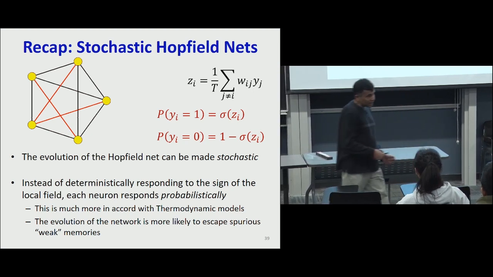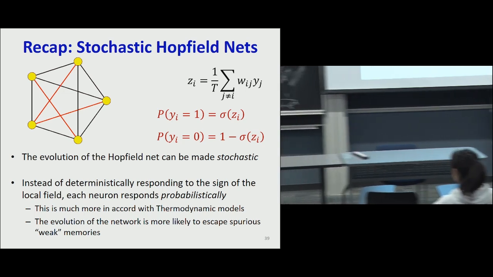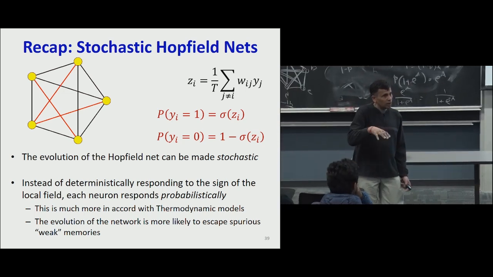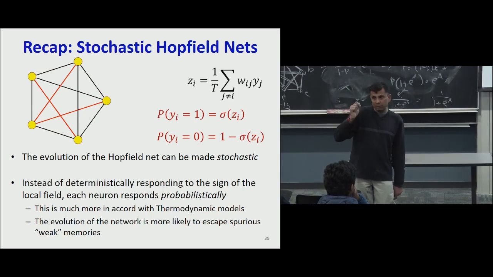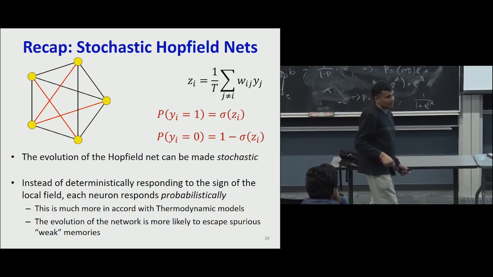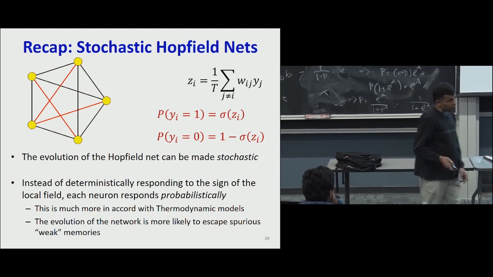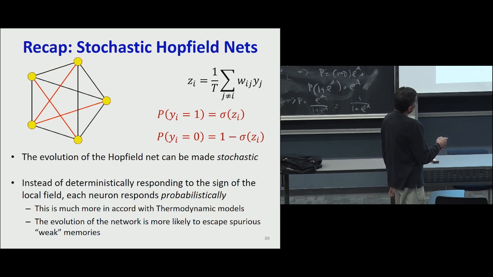And now what happens? I can start off at some temperature. If I'm starting off at a high temperature, even if I'm in a global minimum, there's a very high probability that the system is going to keep flipping out of it. And then I can begin reducing the temperature bit by bit by bit by bit. And eventually, when the temperature actually hits 0, you find that the system,